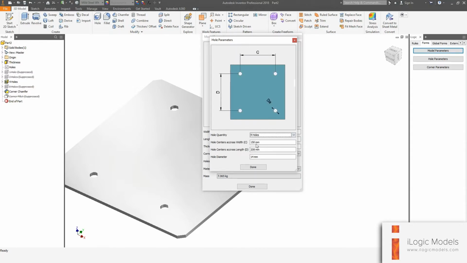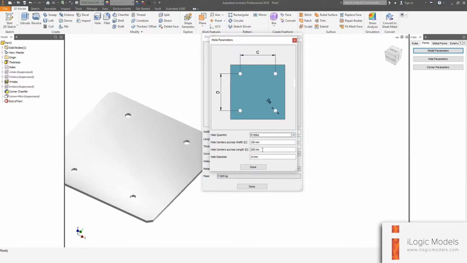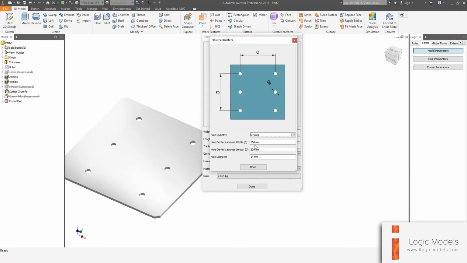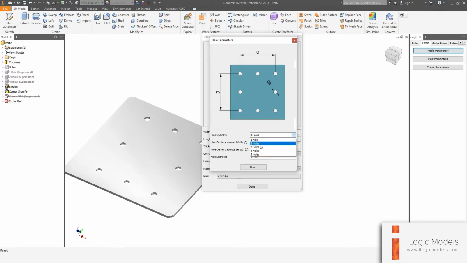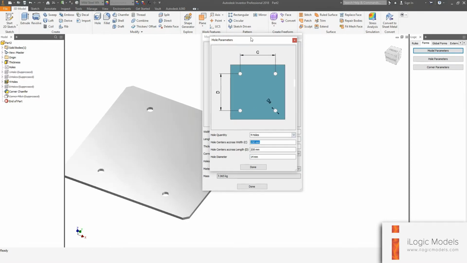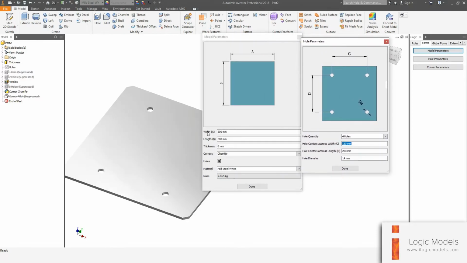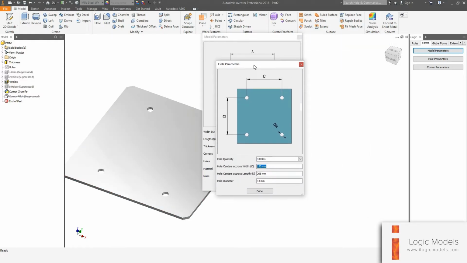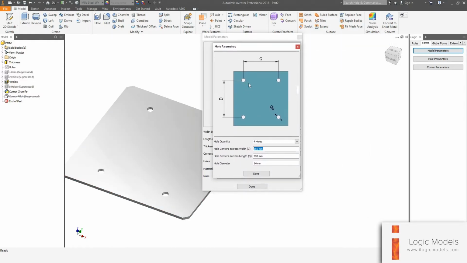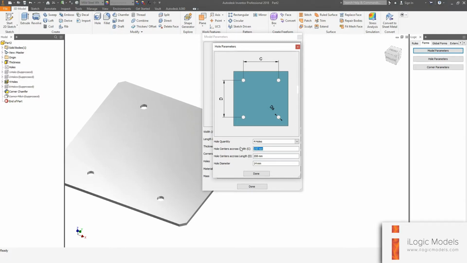You can say 4 holes, so it would be 4 hole corners. You can say 6 holes, right? And you can say 8 holes. Okay. Let's say you have a 300 width in A. So then dimension C, which is the hole centers. Let's say you accidentally make that 350, which is bigger than a plate. So what happens, it just brings it right back down to